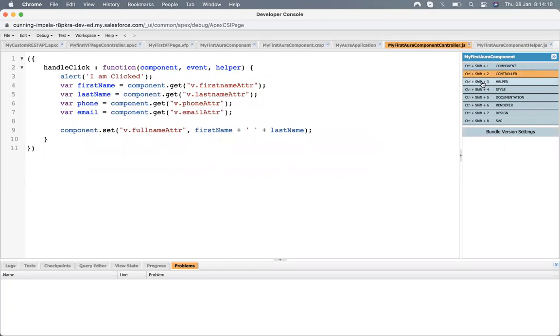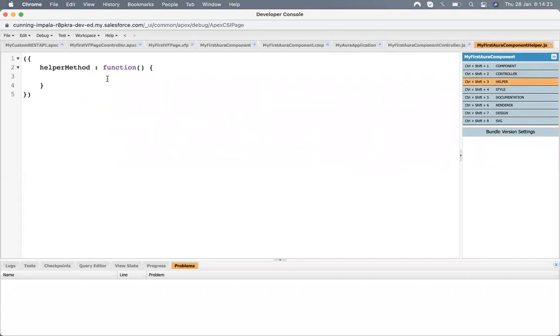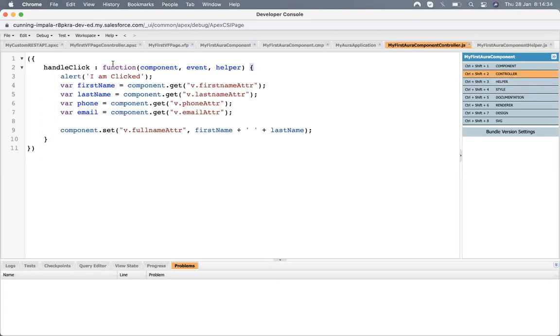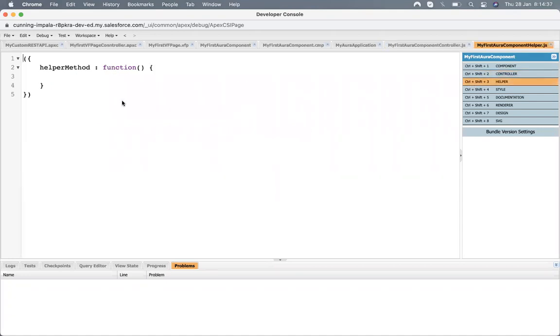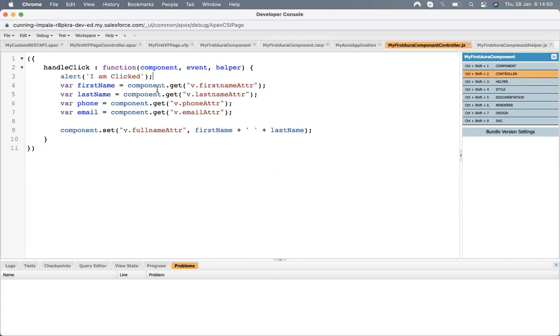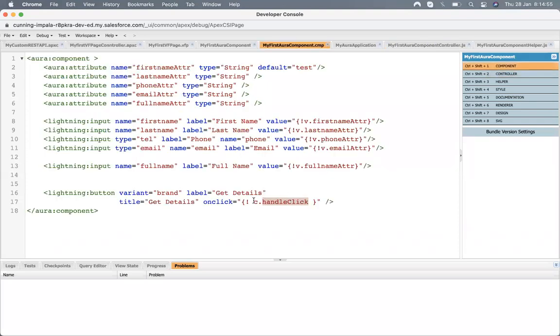The common methods used by a controller, we place there as functions or methods or logic. If you want to place logic, for example that whenever the button is clicked I want to do some complex logic, that logic will be placed in the helper method. So the helper is used to capture the logic and the common methods, these two things. And the controller is the place where we keep our actions, so that they are called from our component.